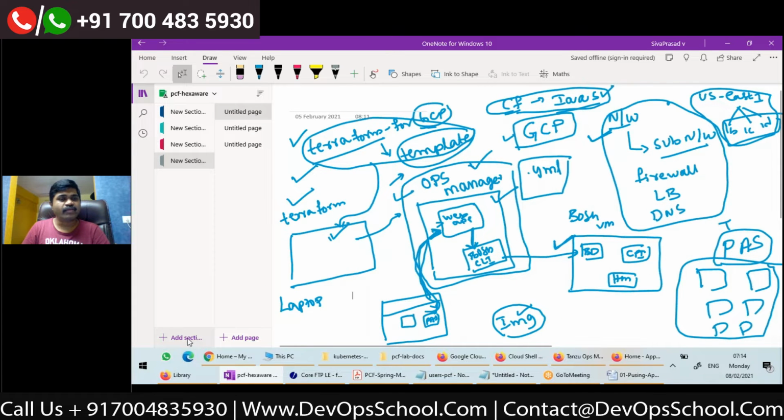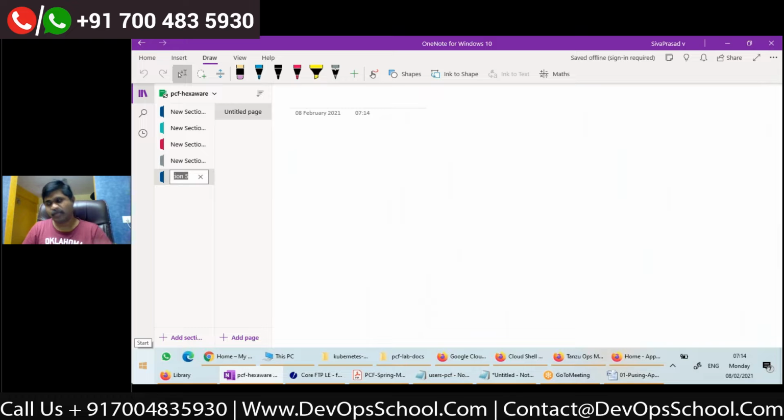Anyway, I will draw a new diagram so that you'll get a small revision. So treat this as my Pivotal Cloud Foundry.